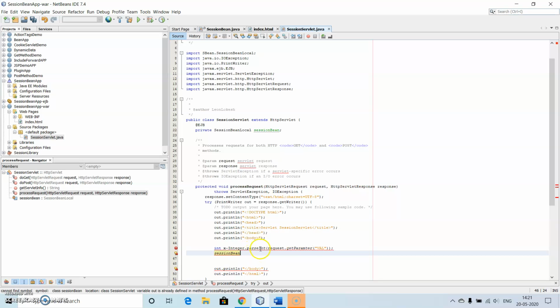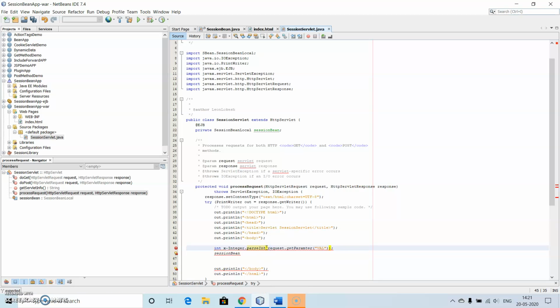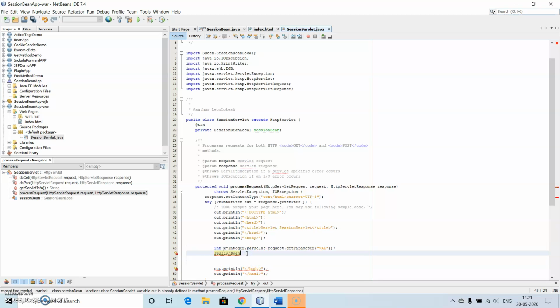So what is the error? Integer.parseInt request.getParameter. So here we need integer equals to parameter. So okay, now next, after writing session bean, just use dot, then we have the object session bean dot